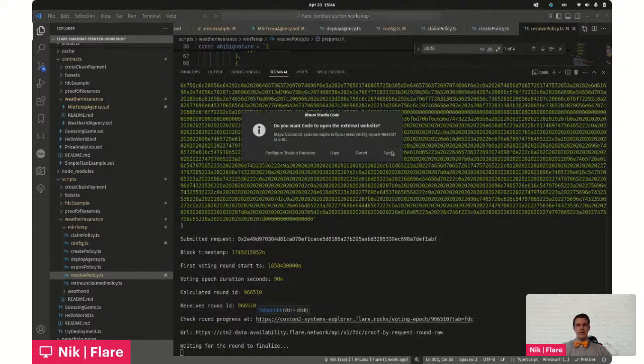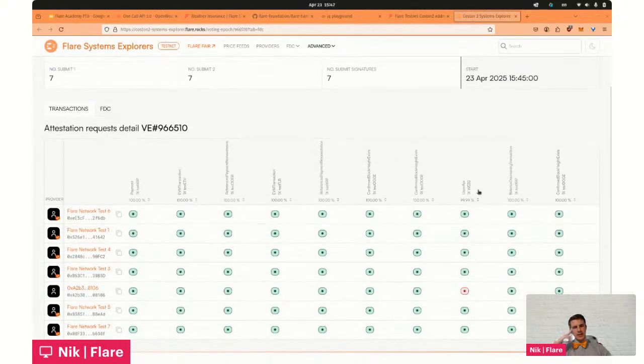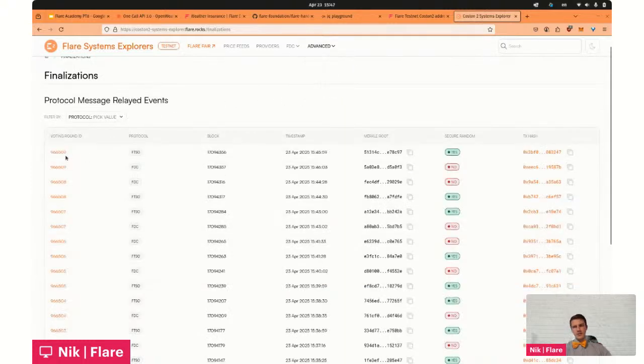And you can actually see how the round progresses. We can see that most data providers say that they can collect our data and prove it. And now let's just wait for the round to finalize,